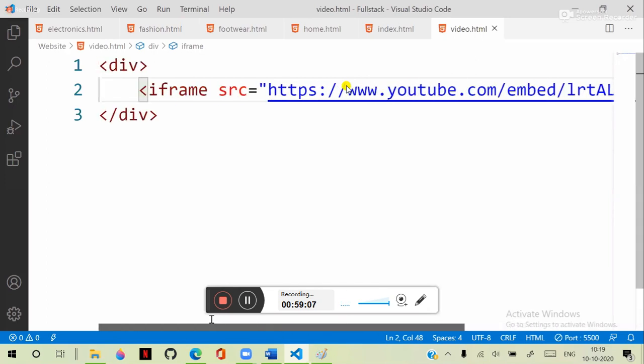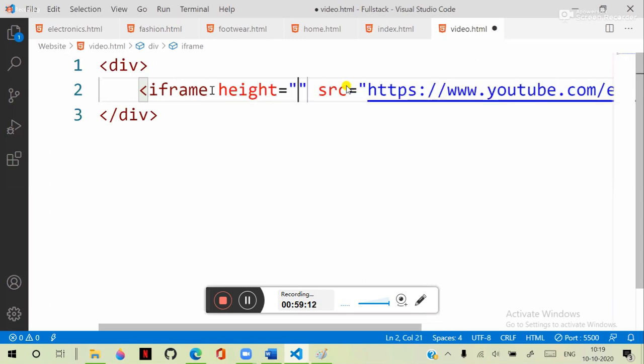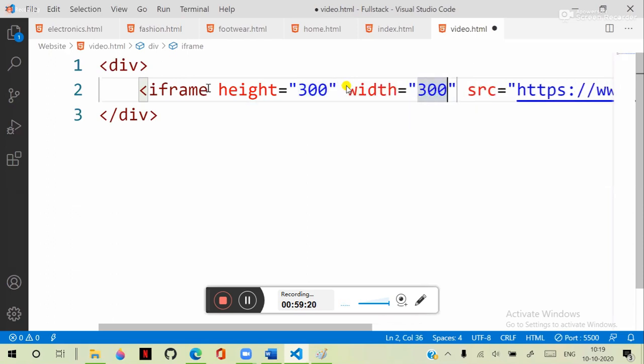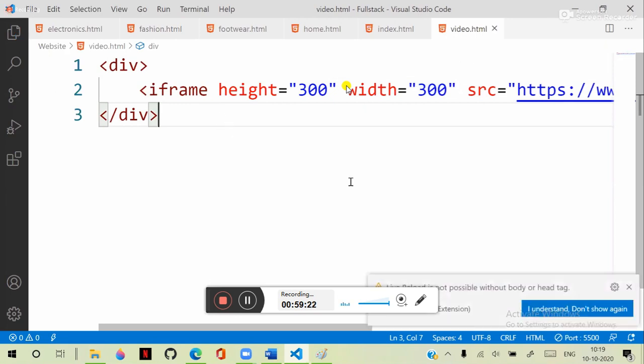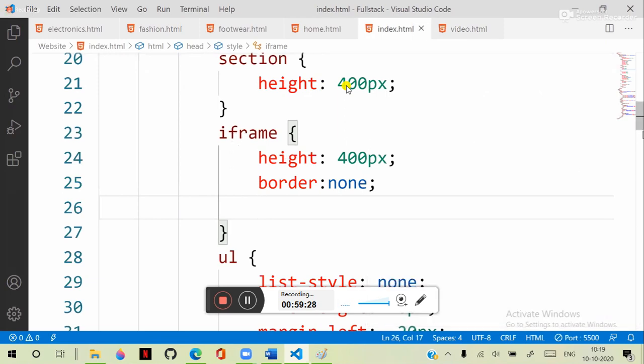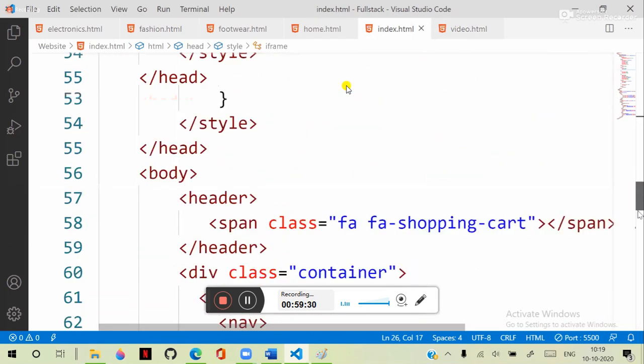Now, once you have configured this, the height is equal to some 200 pixels or 300 pixels, and the width also 300 pixels like this. The iframe height and width are configured. And this I want to keep in the index page. Then in the index page, in the list items,